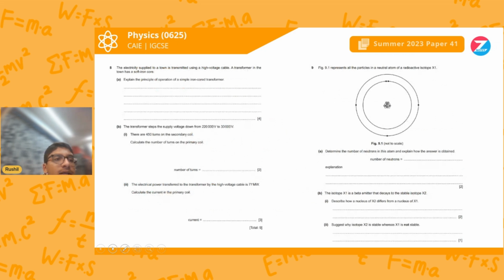Question 8 mentions that electricity supplied to a town is transmitted using a high voltage cable. A transformer in the town has a soft iron core. Explain the principle of operation of a simple iron core transformer. As we know, a transformer is used to either decrease or increase the voltage of a power supply. How a transformer works with an iron core is it has a primary coil